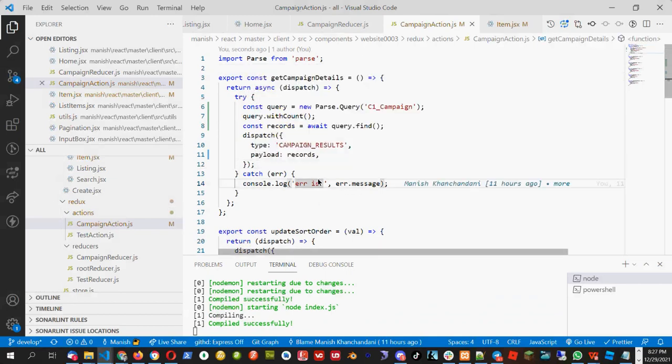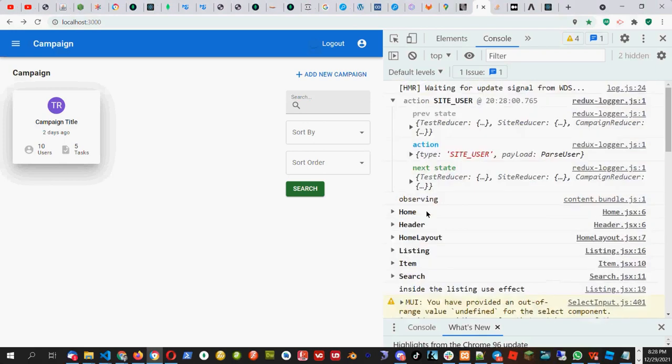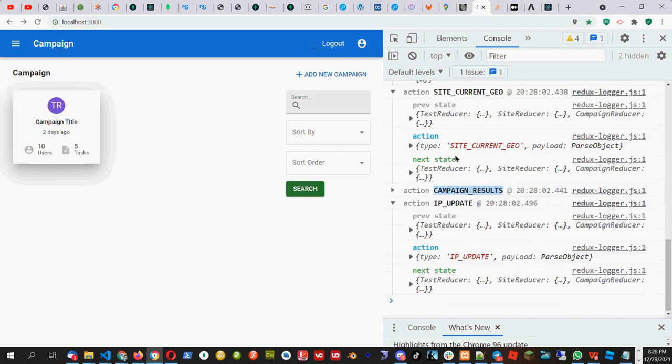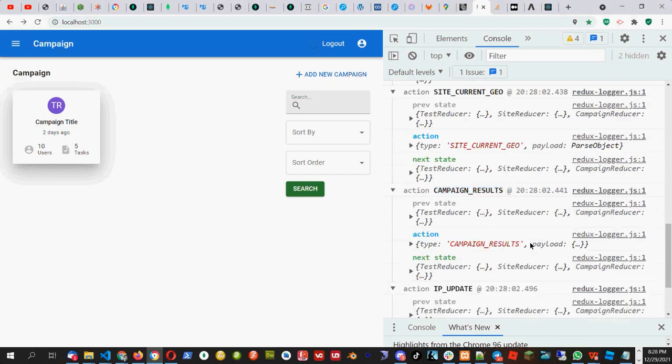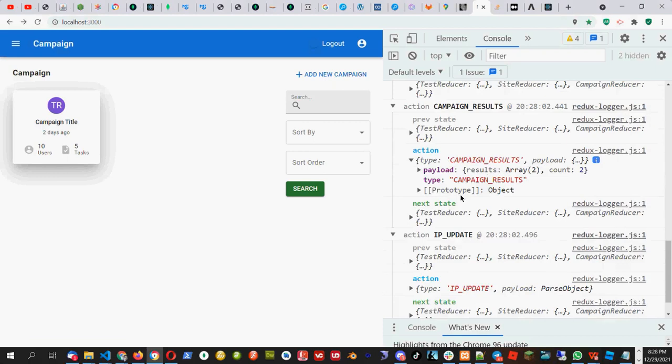Okay, let's move further now. Let's see what we are getting now. So what happened when I fire the campaign results: the payload is going with count and results.